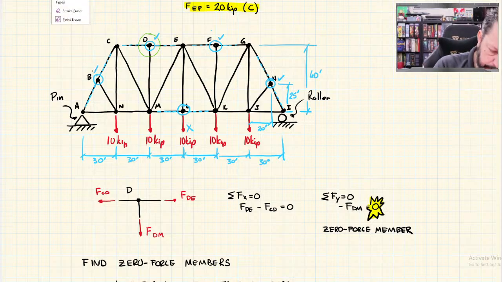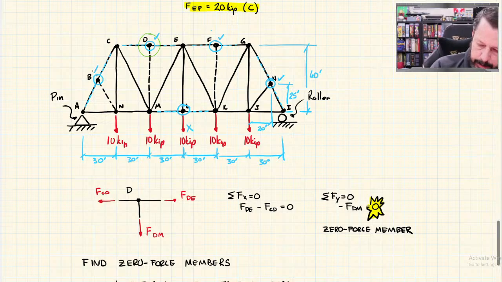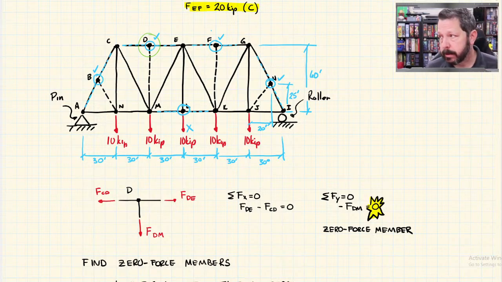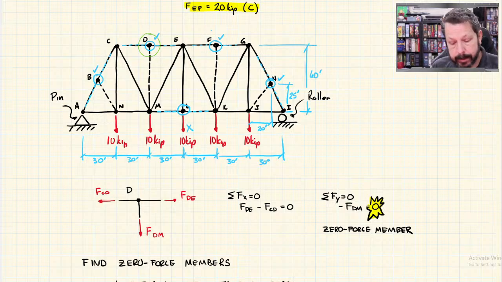There you go. BN is a zero force member. DM, the one we actually saw earlier, that's a zero force member. FK, zero force member. And HJ, zero force member. So I'm just drawing them as dotted lines. They're still part of the truss, and they still might have a purpose, but they carry zero force in this